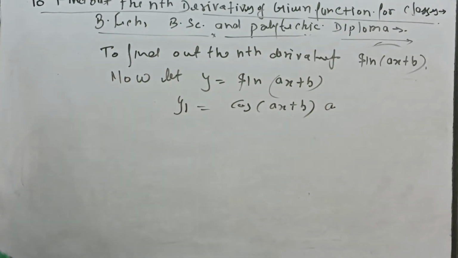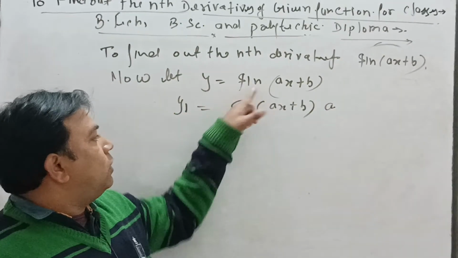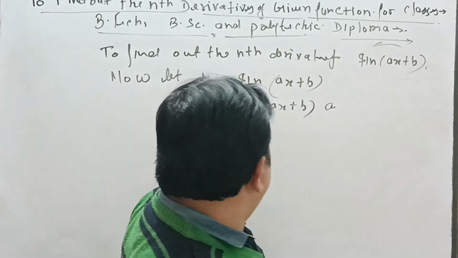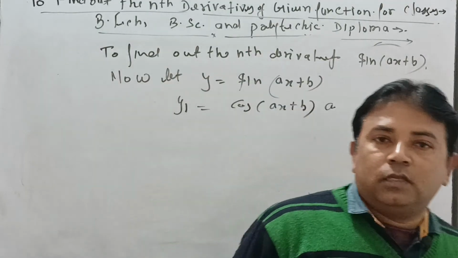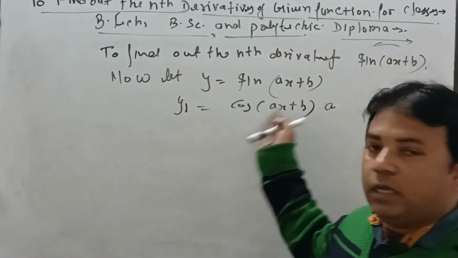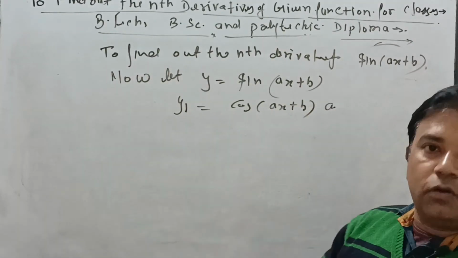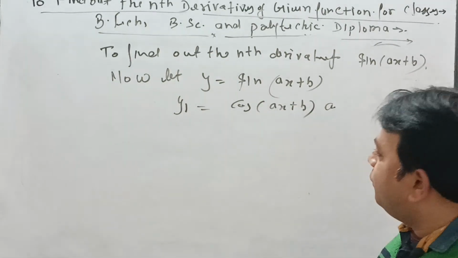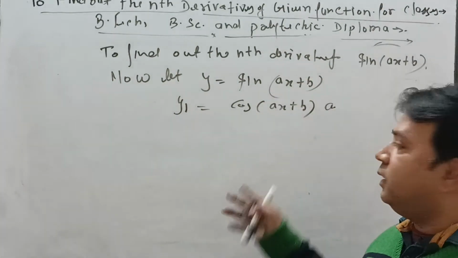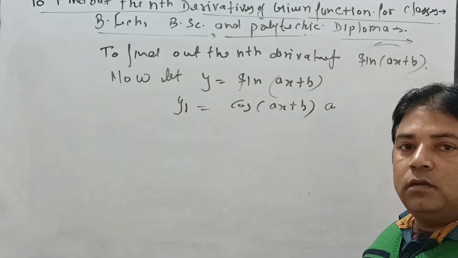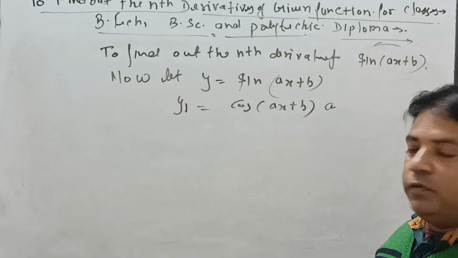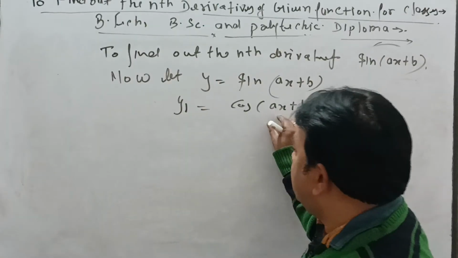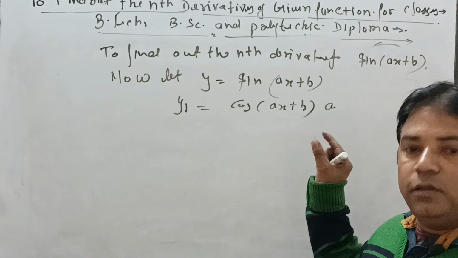But the condition is that when you differentiate the function once you get cos x, differentiating again you get minus sin x, and again cos x, again sin x, again cos x. We do not find any similarity in this function, so we cannot find the nth derivative directly for these types of functions. We use a similar small trick for this function to find the nth derivative.